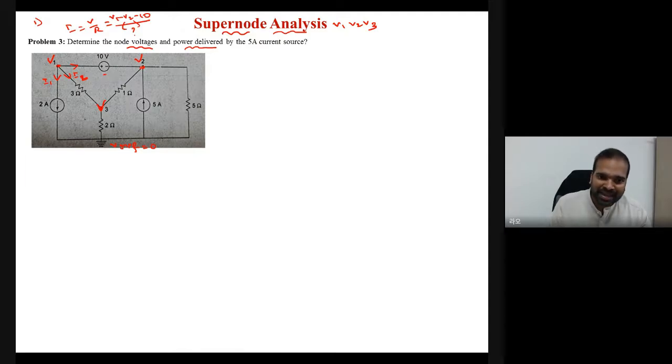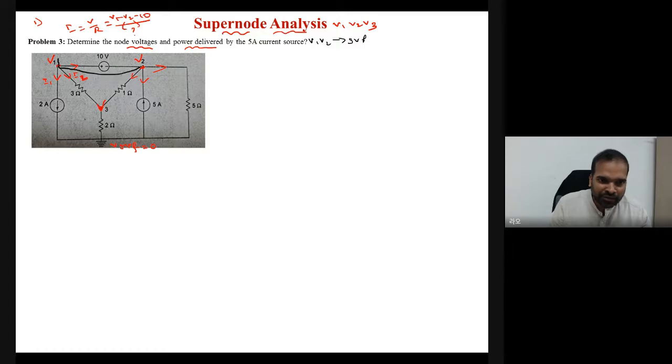Even if you apply KCL at node 2, towards this branch is fine and this branch is fine, you can write voltage by resistance. You already know the direct current here, and you can write voltage by resistance towards this branch. But when coming to this branch, once again voltage by resistance, you don't know the resistance, so you cannot apply KCL at V1 and V2. So what you have to do? Using V1 and V2, you need to form what? A supernode. So how to form a supernode from V1 and V2?